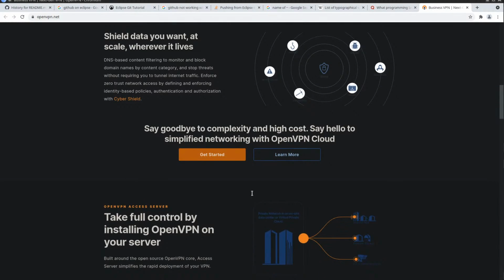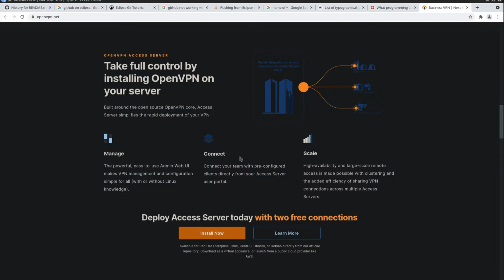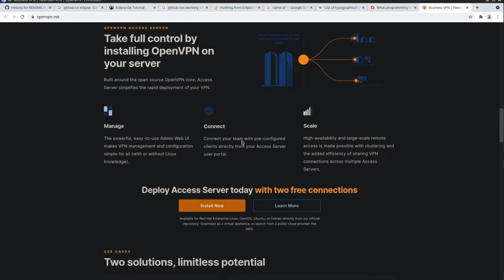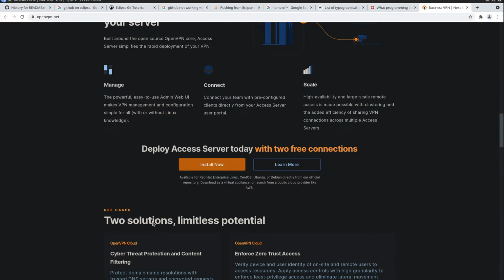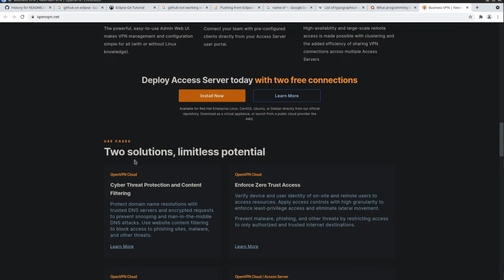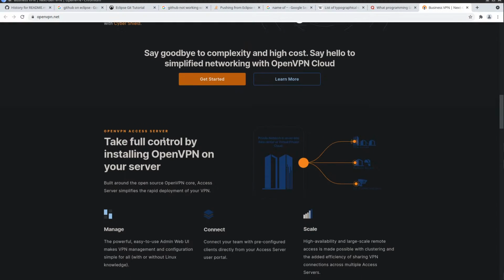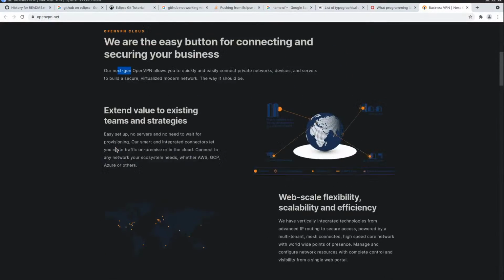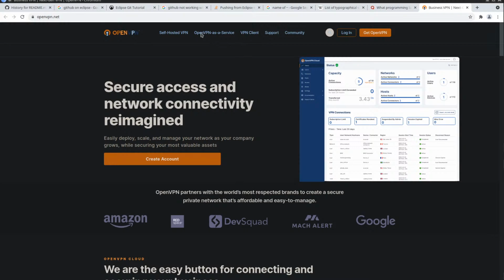I wonder if they are open source. Let's look for the source. I think I saw a link. Self-hosted VPN. Documentation, source code. Nice.